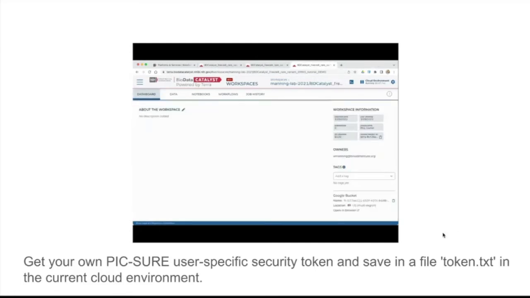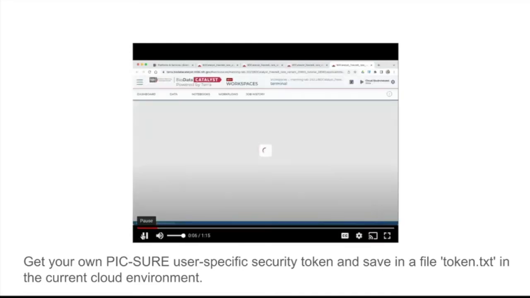So we're beginning to see how some of the pieces of BioData Catalyst, the multiple parts of the ecosystem, are fitting together. We've seen how Gen3 can do an export of files to a Terra workspace. And now we've seen how we can begin to link a PIC-SURE profile to a current workspace. And the next step we're going to see,